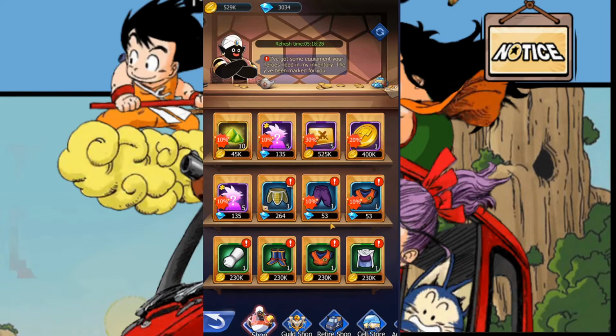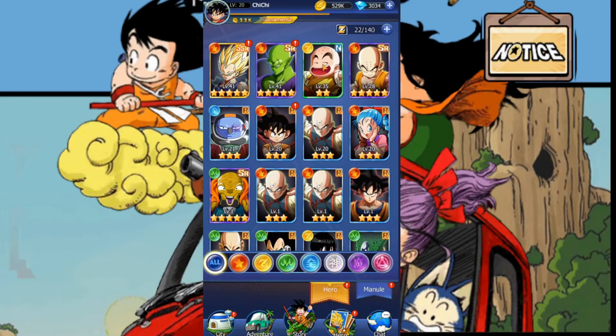When I first started, let's look at the heroes. When I first started the game, I was given Krillin at the end level. This is, I don't know what this is, this is less than, this is 2-star. This is less than R. I was given Tien, this Goku right here. I believe this is Teen Goku. This is when he came back, and then